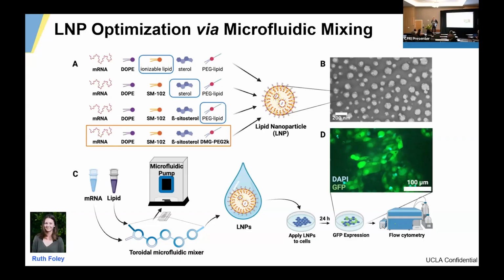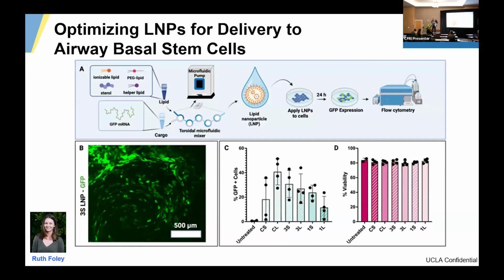approach and a lot of hard work, her best performing nanoparticle formulations with human bronchoepithelial cell line that was generously given to us by the CFF, with a small GFP reporter, gets about 25% transfection using her best nanoparticle formulation. She can apply that nanoparticle formulation to other airway cell types. Those are immortalized cells. These are primary human cell types. You get a little less transfection, but still enough for us to move forward with where we want to go. This kind of gave us the